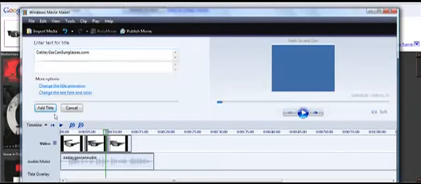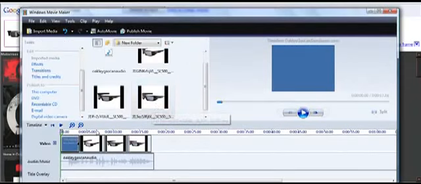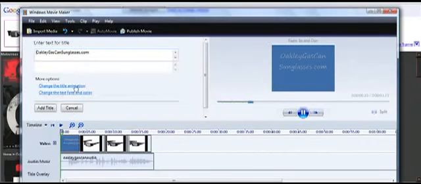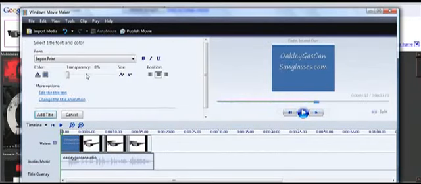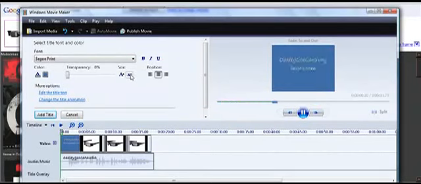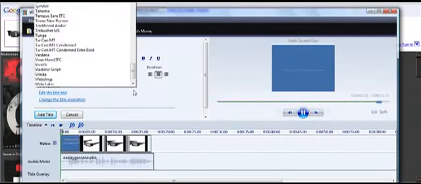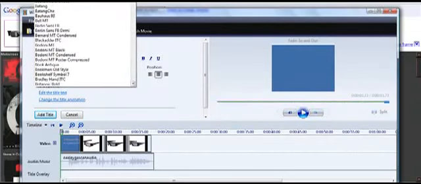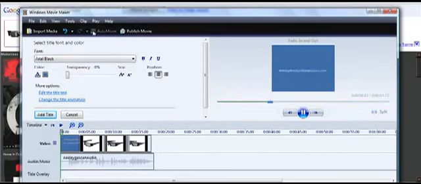And then click on add title. Now you can come right over here to the title and double click on it, and you could actually change the text font if you wanted to. Like if you want to make the font smaller so it actually shows up a little bit better, you could do that. And if you want to change what the font looks like, let's say you want to change it to a more natural, like maybe Arial Black, for example,